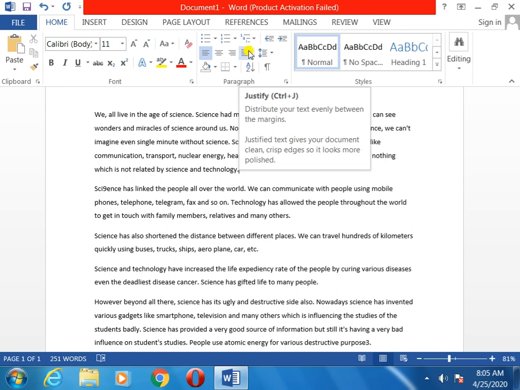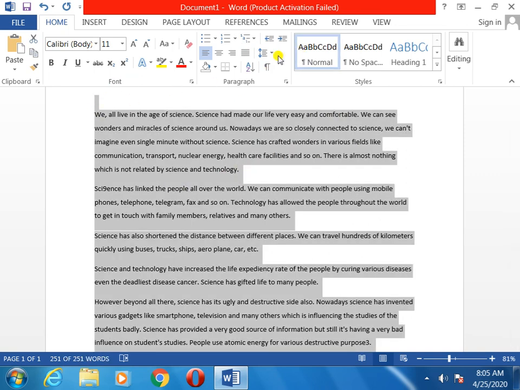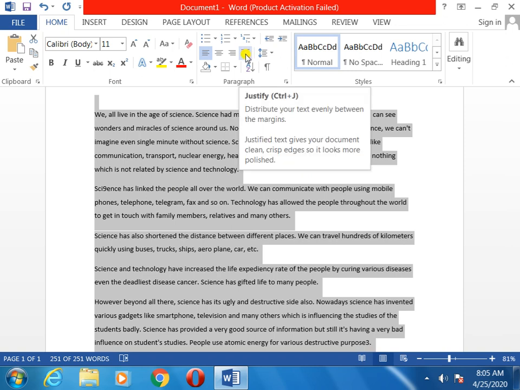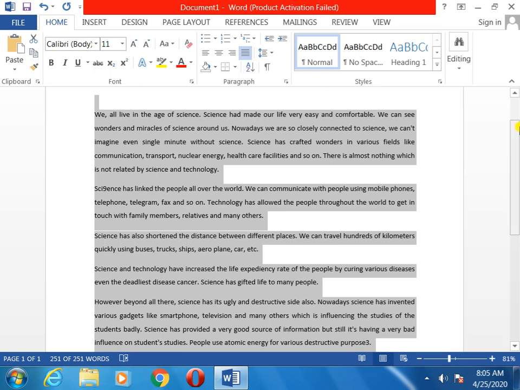The keyboard shortcut for justify is Control plus J. Control plus J. Clear? So how will we do justify? First of all, select everything. Then we will go to the justify option, otherwise Control plus J. Now just follow the right side. It is equal. This left side is also equal, and now the right side is equal.